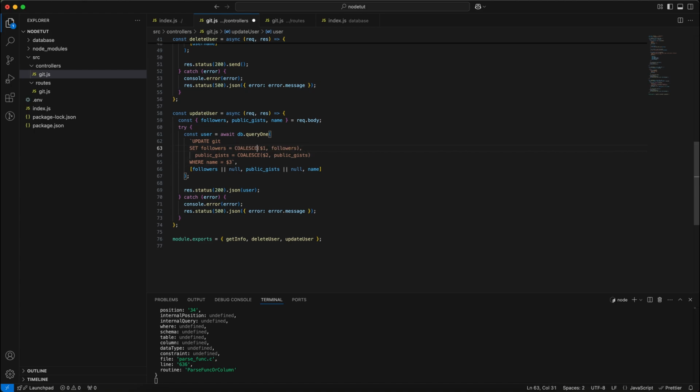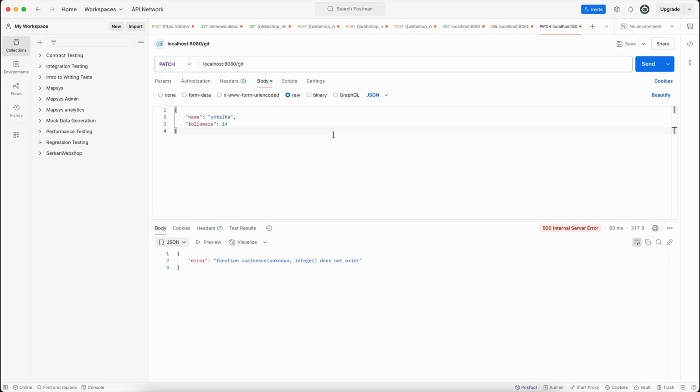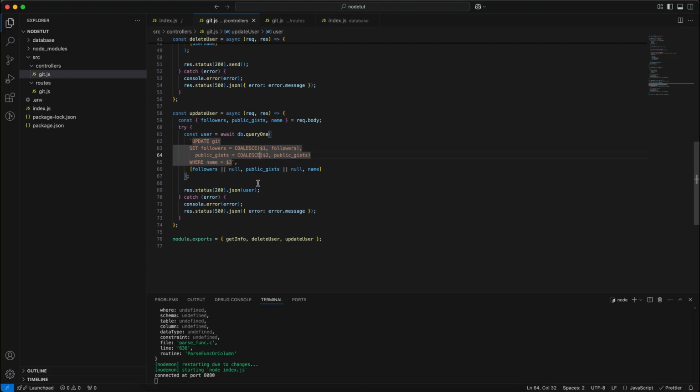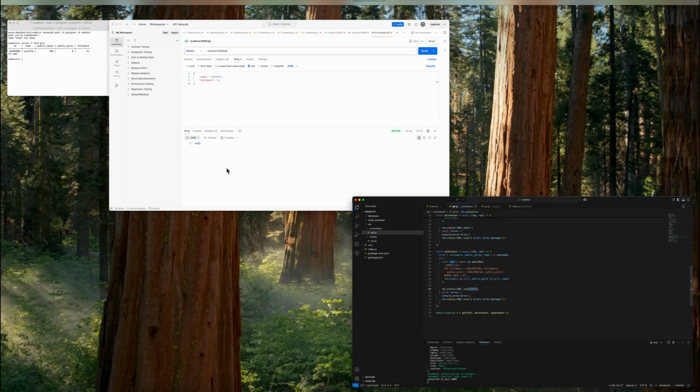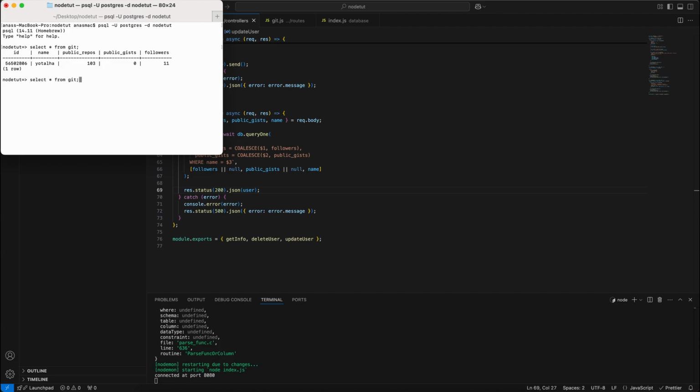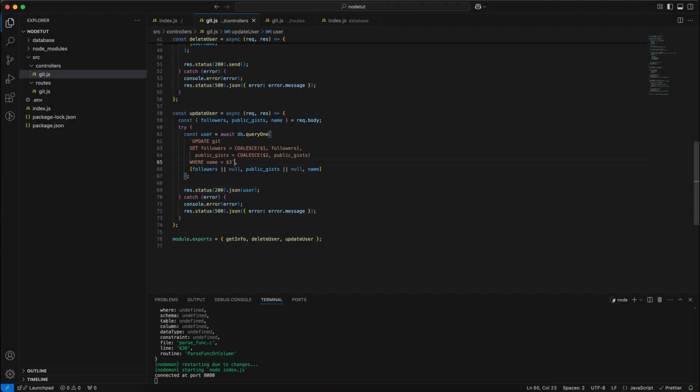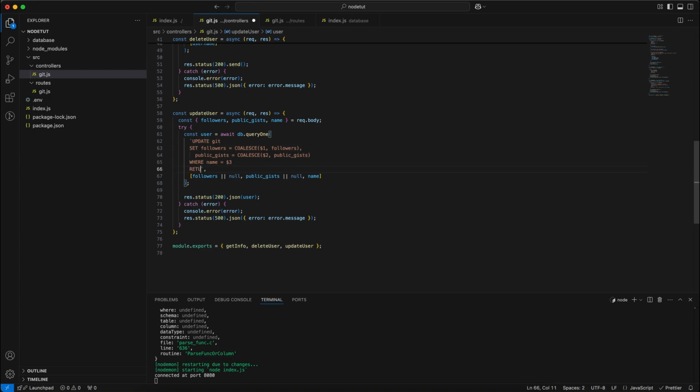Coalesce. Let me just confirm for this. All right. So null was returned because I did not return it. Oh wait, actually let's see if this, yep, it did update. So it returned null because I didn't return anything from this query. Returning